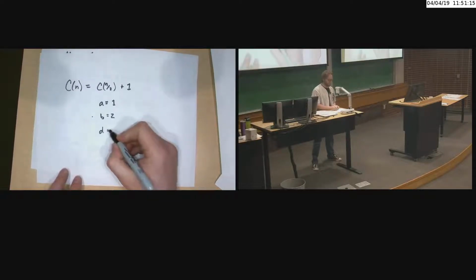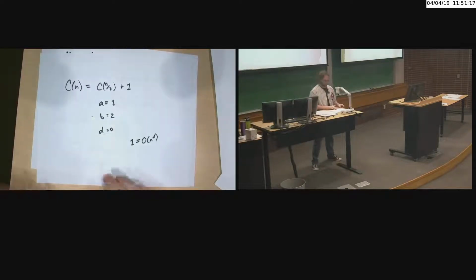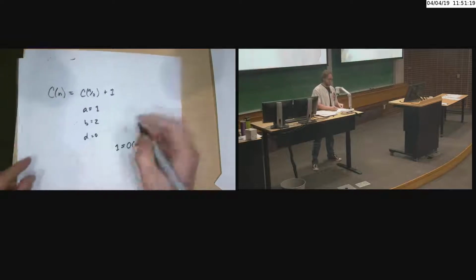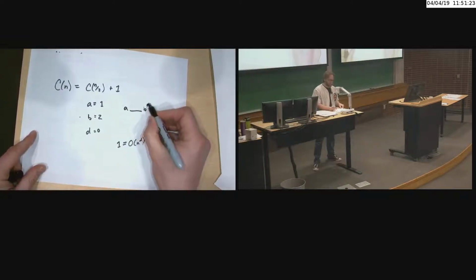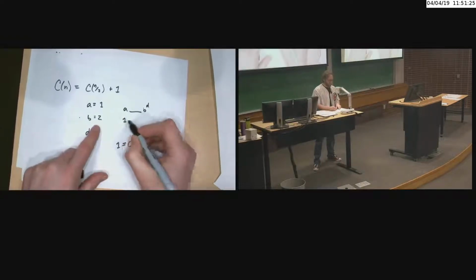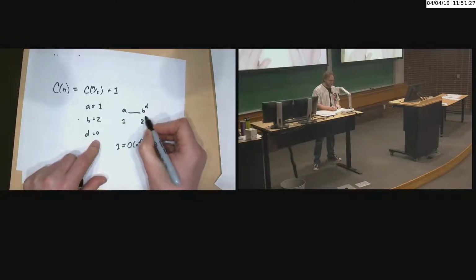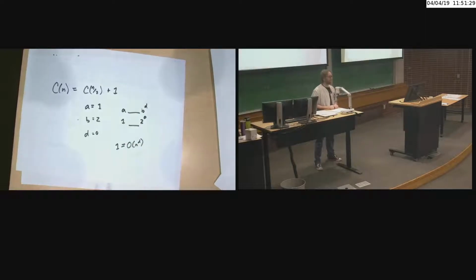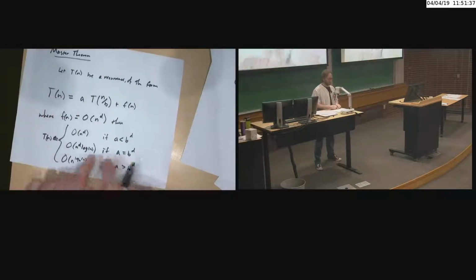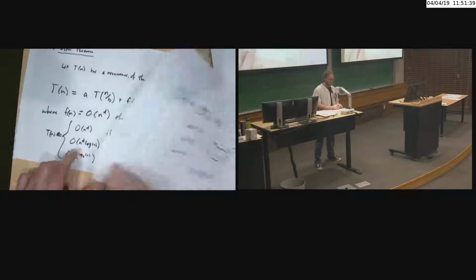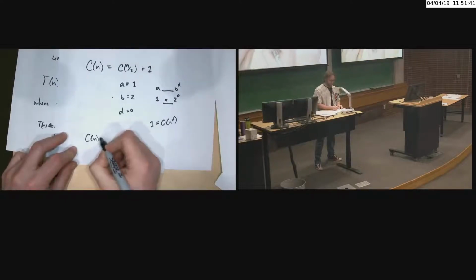Okay. So now you need to make sure. Now you need to make the comparison: A versus B to the d. Well, A is 1, B is 2, D is 0. So would you say that this is less than, greater than, or are they equal? They're equal. Right? So by case 2 of the Master Theorem, we know that C sub n is big O